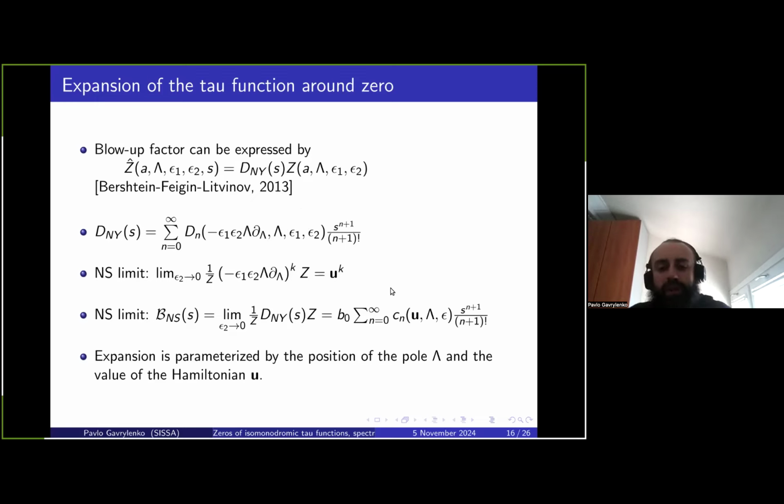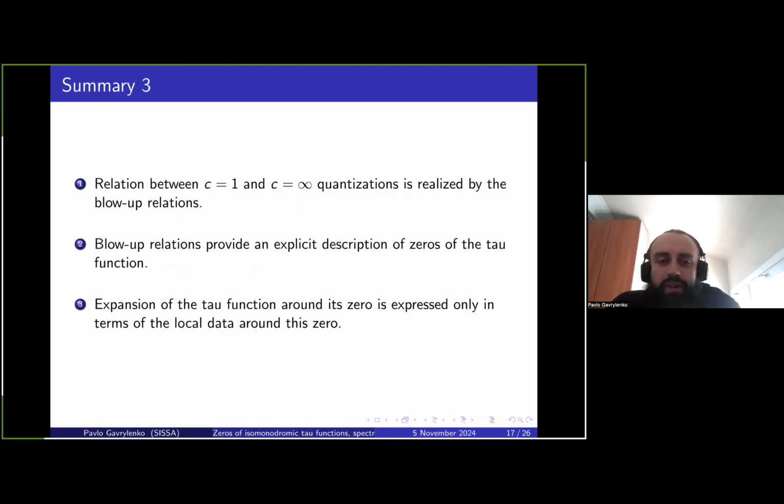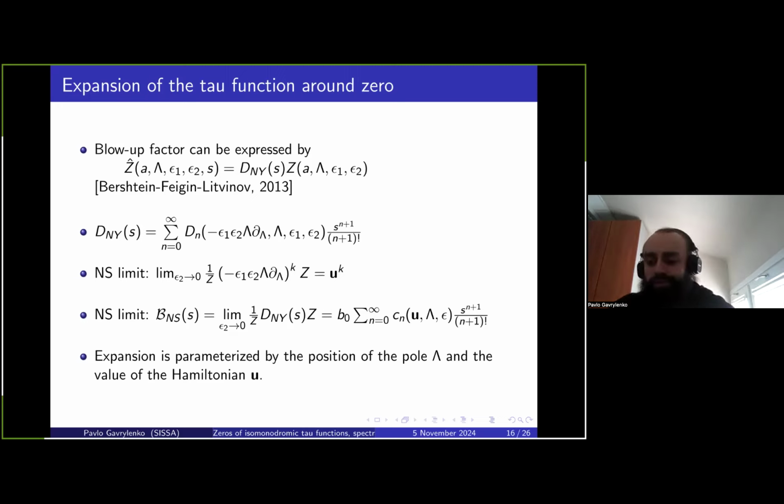And again, if you take the Nekrasov limit of this operator, we see that our factor is given by some series in S with coefficients that are functions of U and lambda. And the U again is the Hamiltonian, the value of the Hamiltonian. So